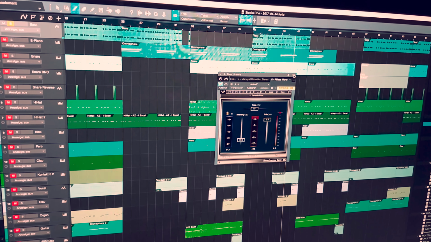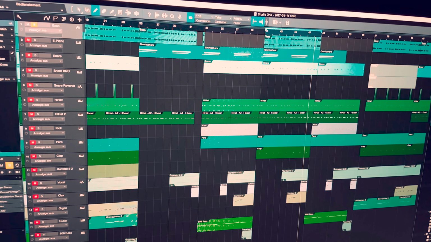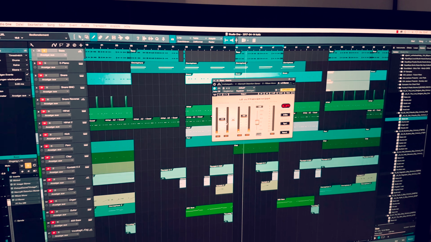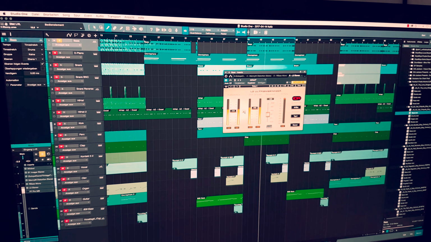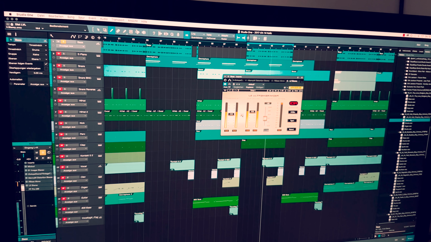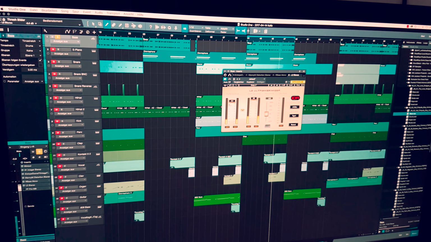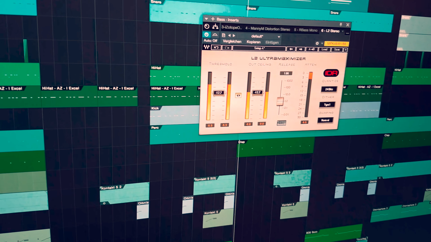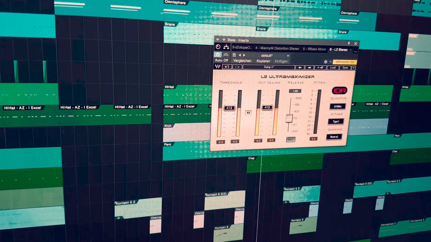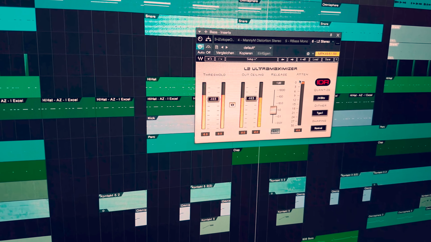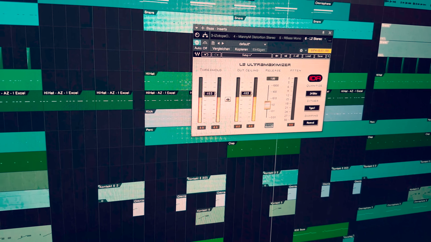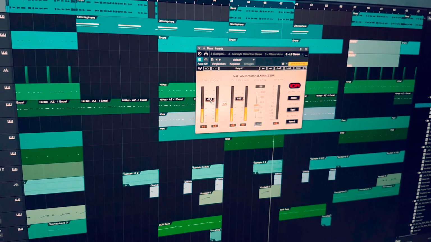And to squash the sound of the bass and to bring out the distorted transients even more, I've added the L2 limiter, and what I did was basically pulling down the threshold and the out ceiling at the same time until I get about 1 dB of gain reduction. And once I got that, I decided to bring down the threshold until I get this distorted crunchy sound I wanted.